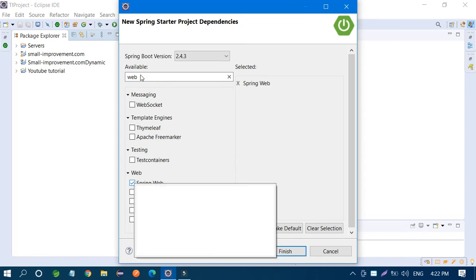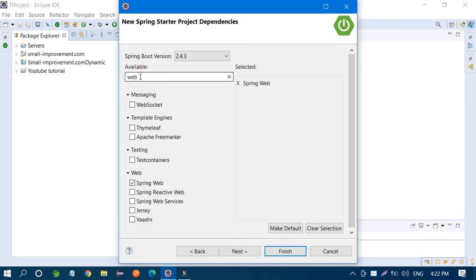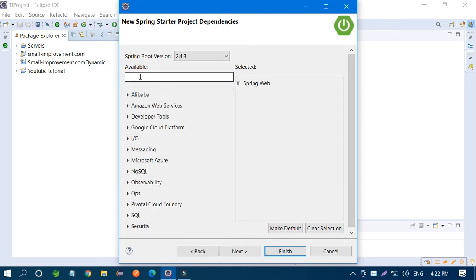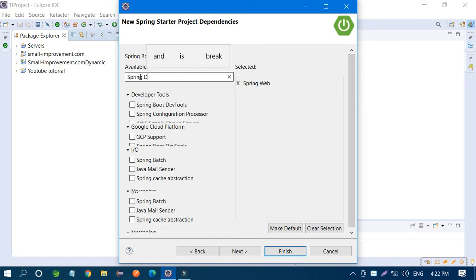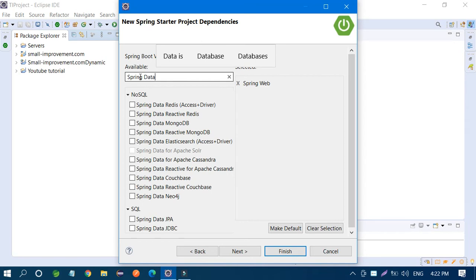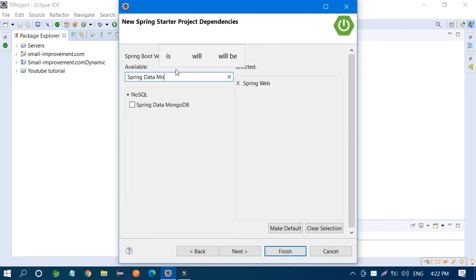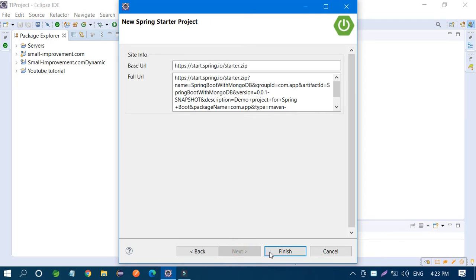One more thing you have to select: Spring Data MongoDB. This is Spring Data MongoDB. So you have to take these two APIs, and just click next and finish.